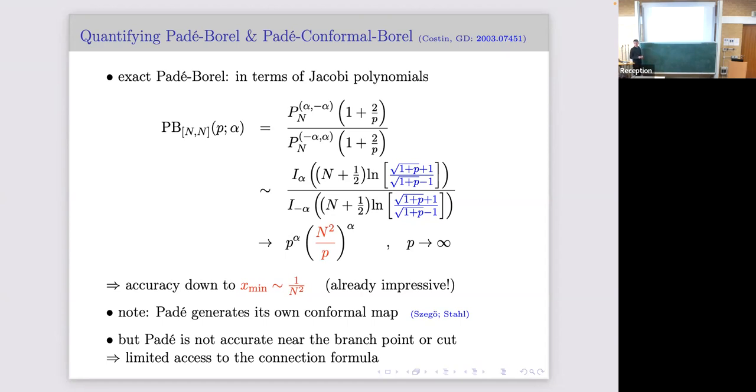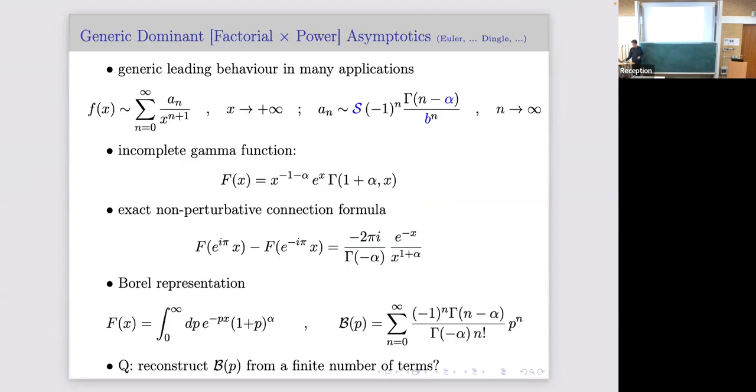In the previous slide, you had two quantities. One is f and one is b. So what is the relation between them? Yeah, this is b. But why are you interested in b? Because this is an asymptotic expansion. This is the Borel transform. Familiar with Borel? Yeah, so that's a transformation of f. That's the one we're looking at.